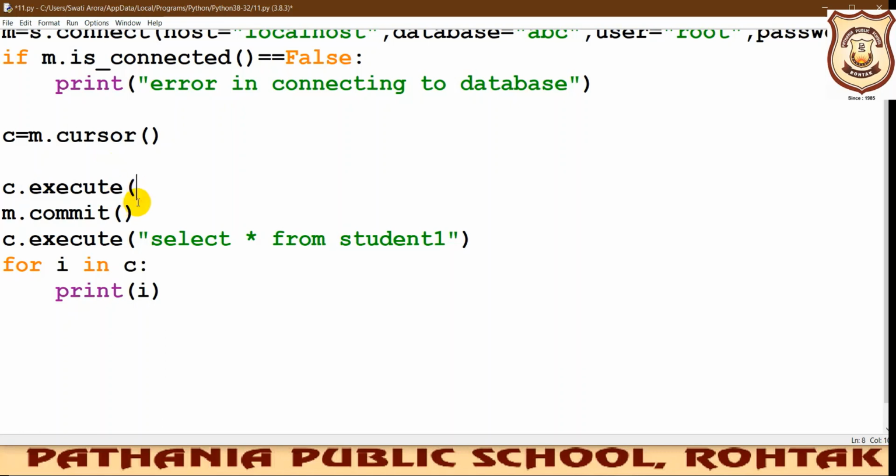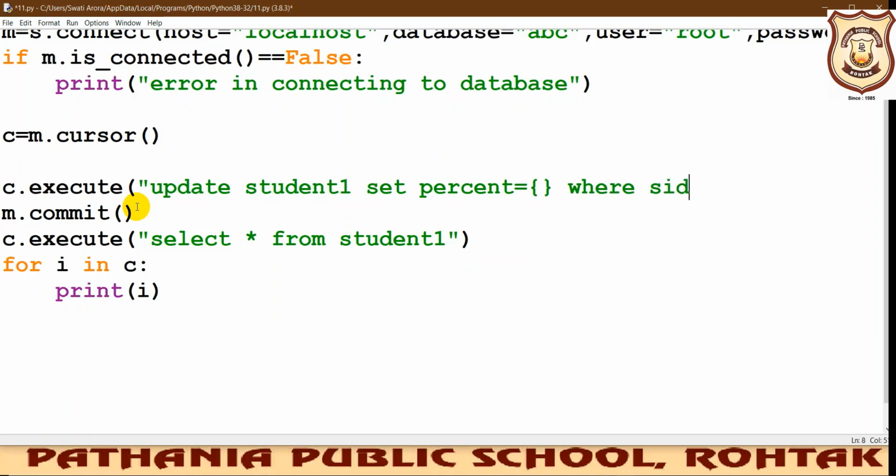Now we will use the update command. So update student 1 set percent, then curly brackets, equals also required first, then curly brackets, then we will put a condition where SID is equals to.